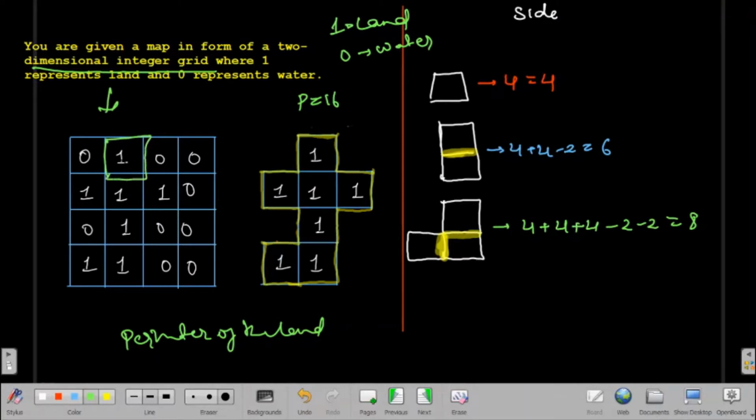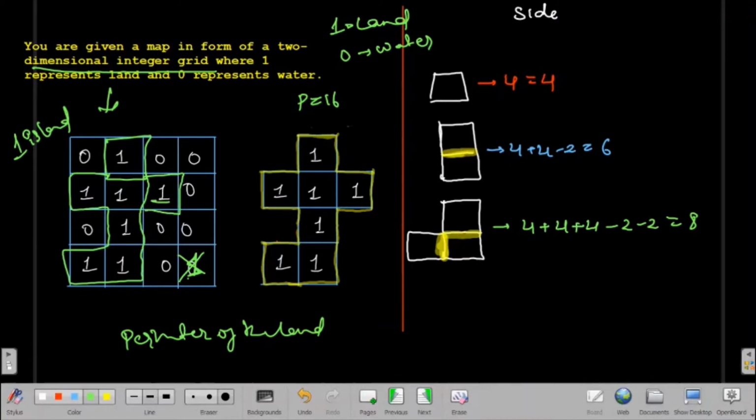So if the question grid is here, this is our land, where one represents land, and the combination of ones represents an island. In the given grid we will have only one island, so we don't have to worry about whether all the ones are connected. Suppose we had one more one here which is not connected to this, then we would have two islands. In this case we don't have to check, because in the question it is given that we have only one island in the given grid.